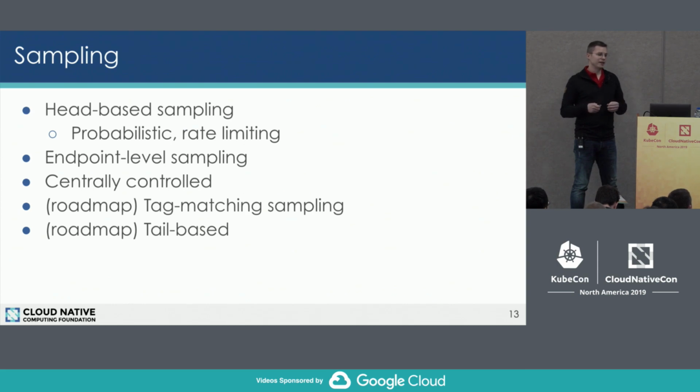On the roadmap, we also have two new samplers coming in. There will be a tag matching sampler, which basically means that when you have this trace point, you can